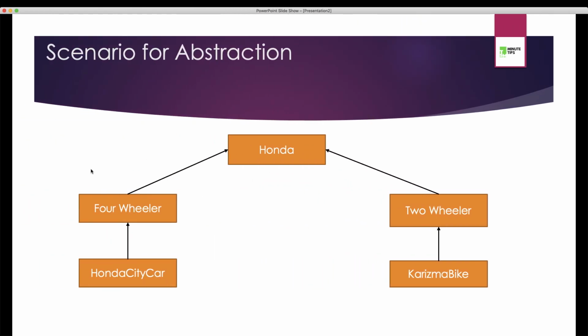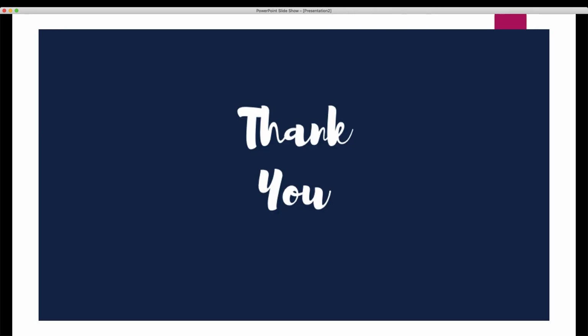So here I'm not exactly teaching abstraction. I mean, I'm trying to give you the detail of why this concept was introduced, what was the problem. So this problem we saw here. Similarly, in the IT world, you will have different problems, and using this concept, you are able to solve that problem. Okay, abstraction is also achieved by interfaces. If you want, just write in the comment section and I will create one more video for interfaces.